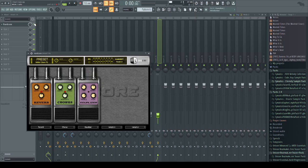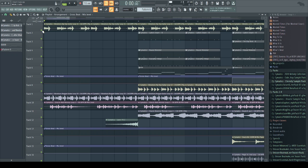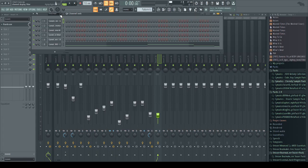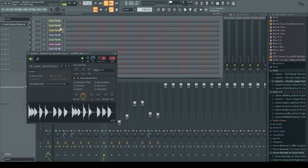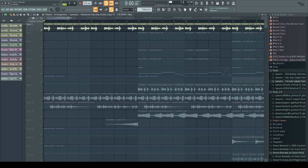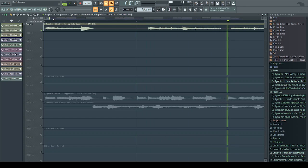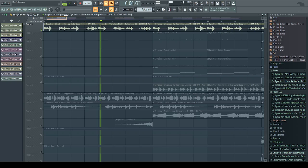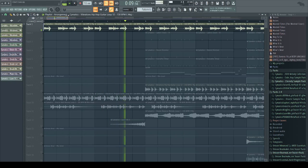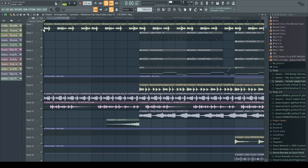So this one I'm now flipping and using as a main melody. I put the Hardcore plugin onto it to make it sound a little bit full, because when it's playing on its own, it sounds a bit dry. It's not something that I would really like to use as a main melody. So it would sound like this. Yeah, it sounds pretty good,